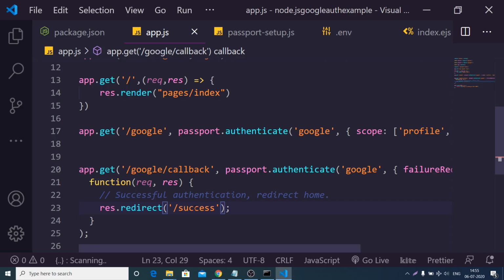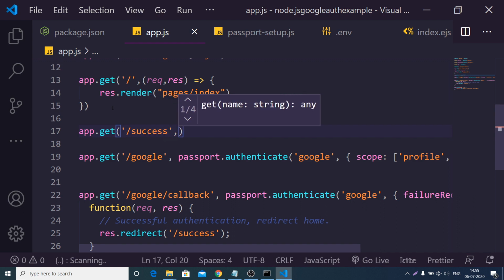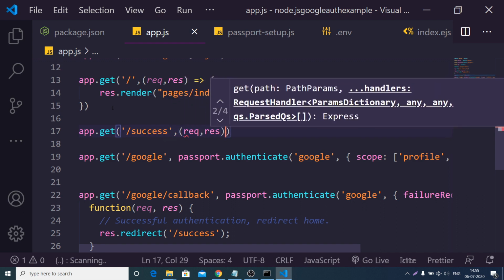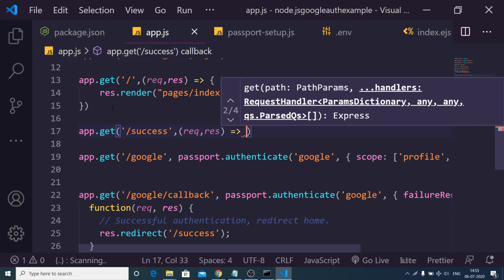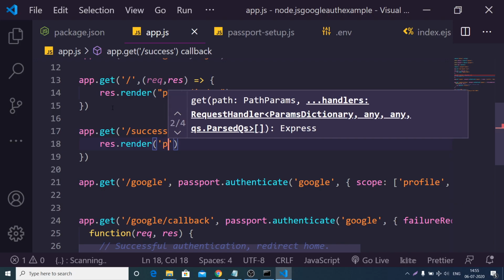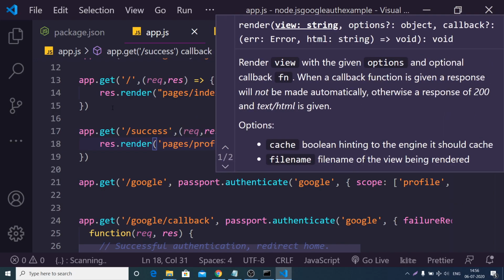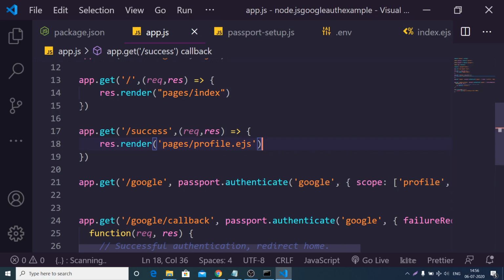So we will create this route here. app.get /success. Here it will have request and response. Here we will render a different template, which is inside pages/profile.ejs. That's it.